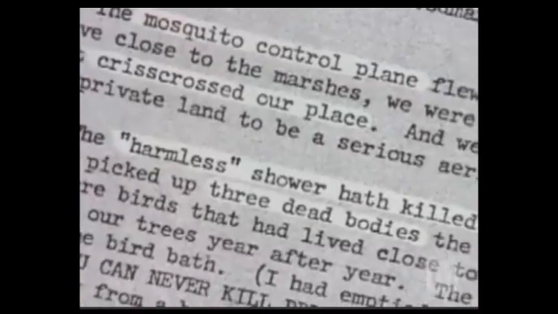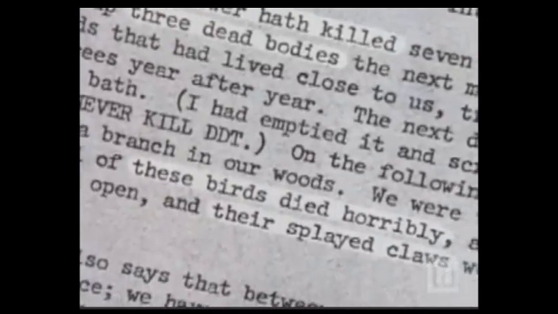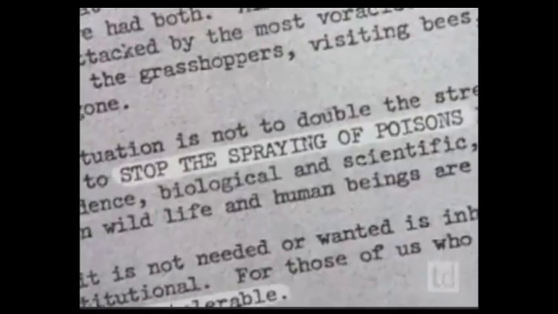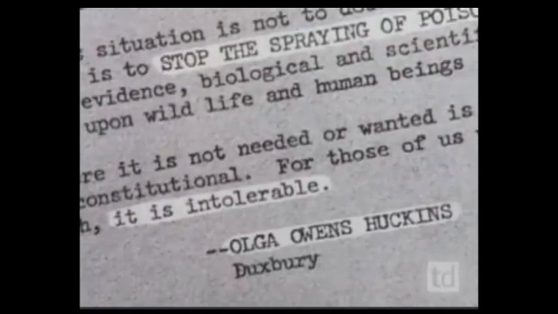In fury and desperation, Hudson told her what had happened. The birds showed all the symptoms typical of DDT poisoning. Hudson knew that the planes would be back in spite of her protests. She asked Carson for help. Carson later remembered how the thought of a spring silent of birdsong had moved her to action.